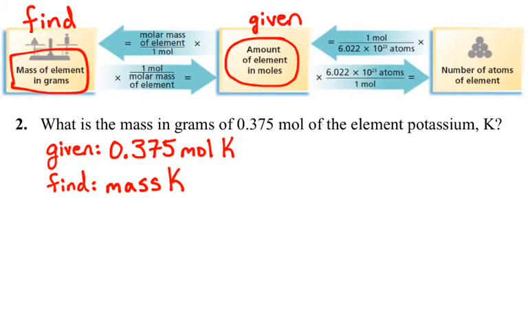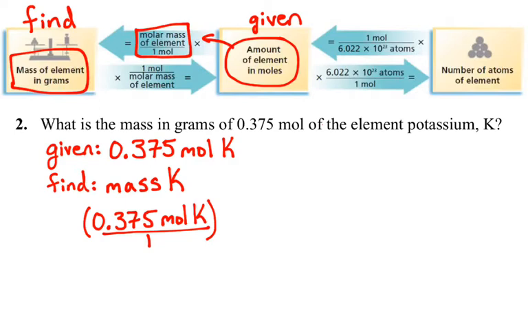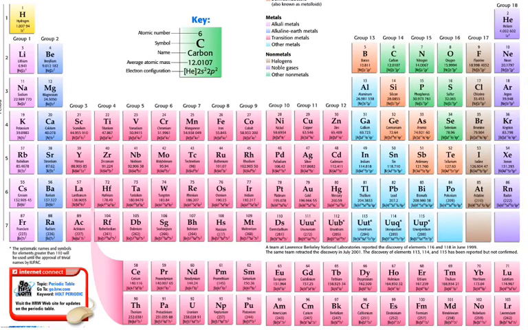So first we'll write down what we are given. We are given 0.375 moles of potassium. Then once again, what we will do is take this number of moles of our element and multiply that times the molar mass of our element. Now to find the molar mass of our element we look to the periodic table. So when we look to the periodic table,